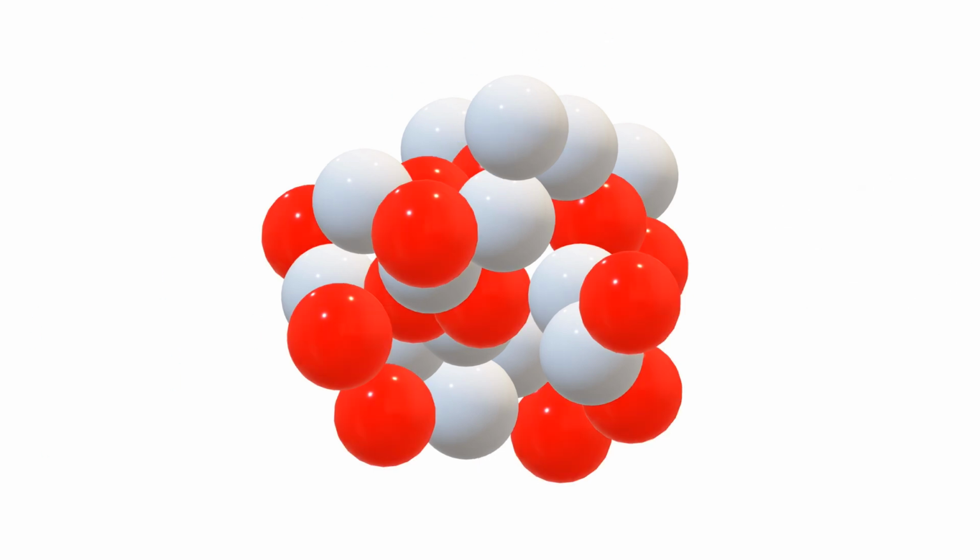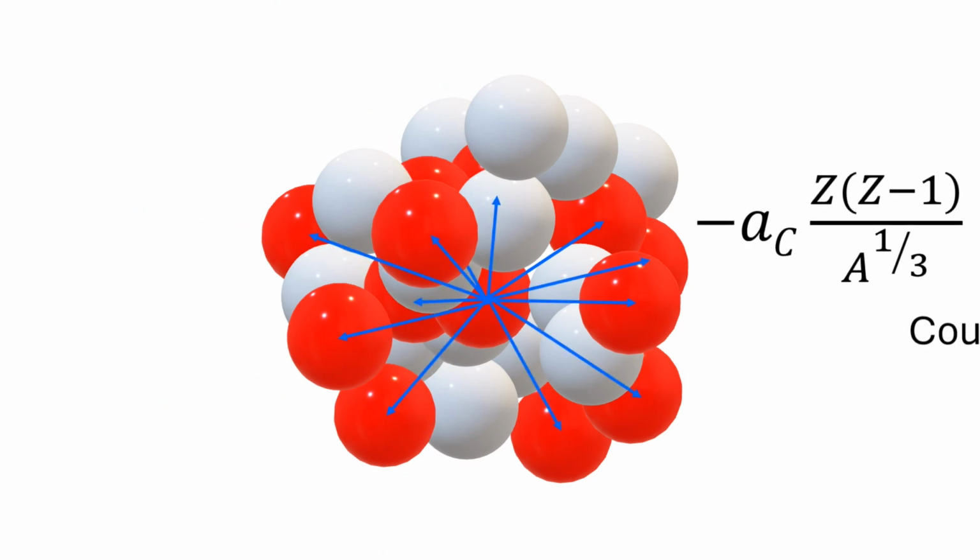The third term accounts for the electrostatic repulsion between protons, which makes the nucleus less stable. This negative Coulomb term is proportional to the number of proton pairs, and inversely related to the average distance between